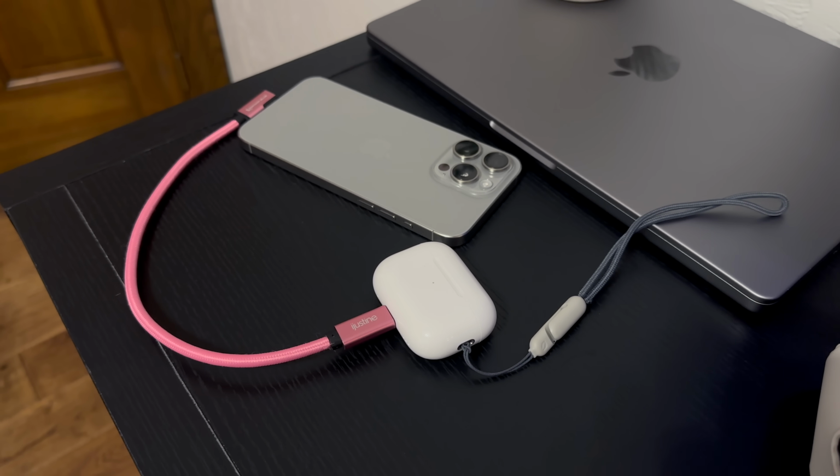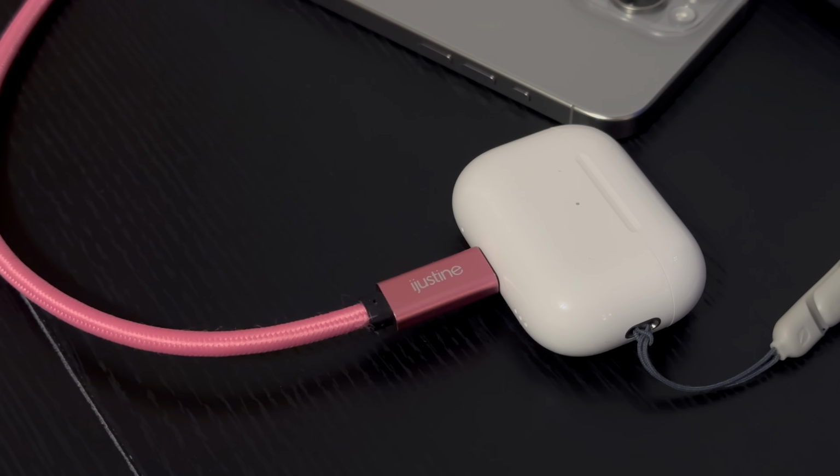I also really like that I can charge my AirPods or Apple Watch using the charge port, and since it's